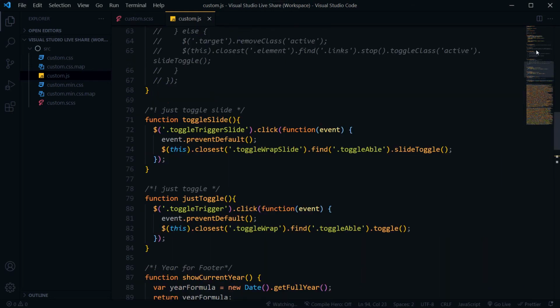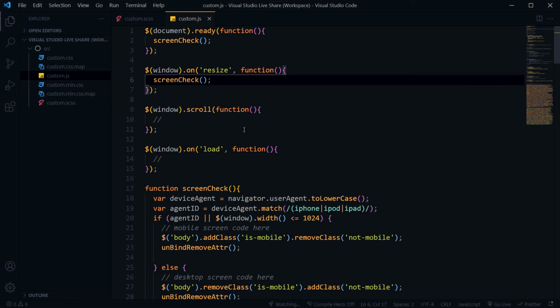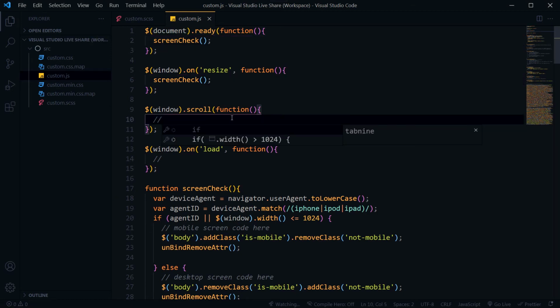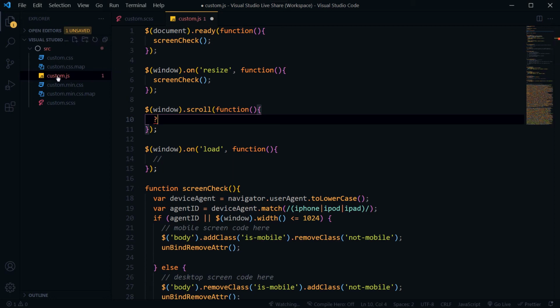Then we have got this JavaScript file. Look at these icons, the warning icon and this cross icon. While working with JavaScript or any other language, it can recognize errors and warnings. Visual Studio Code will show you red squiggly lines underneath code that is wrong for some reason. Let's say I will use just a question sign here. As you can see, this has turned red. This file name has turned red. A squiggly red line appeared below here, and if I hover over it, you will see some message here